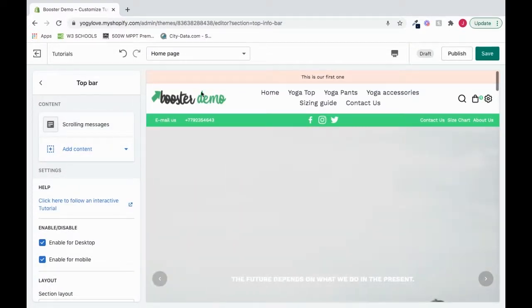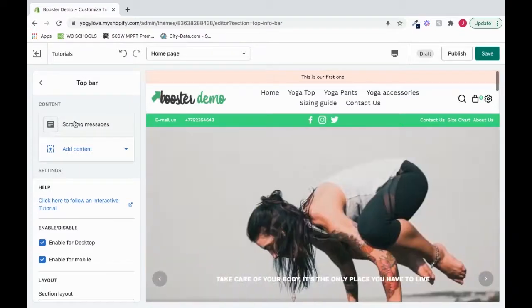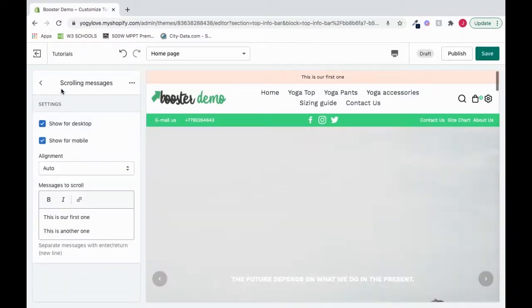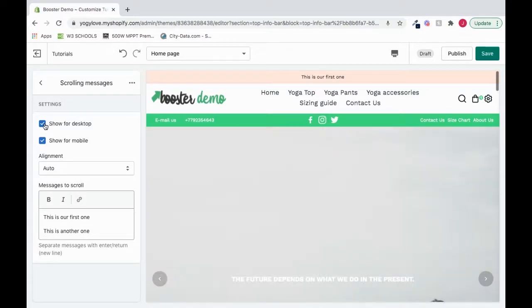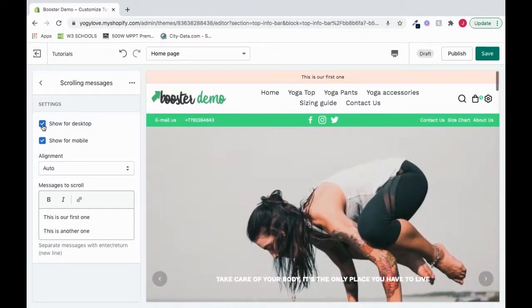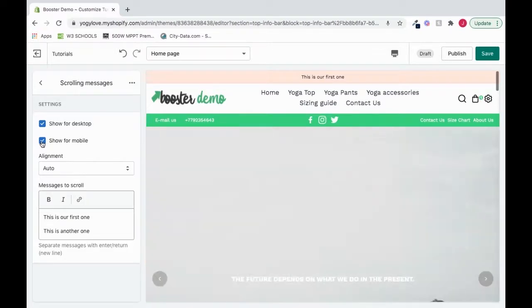So we have our scrolling messages, and since it's already here in our content area, we'll start with that. And now inside of my scrolling messages, I see that I have this option to show for desktop or show for mobile. So even if this is enabled, we can come in here and still control if we want it to be shown on desktop or mobile, right? If it's checked, that means yes, it's going to show for desktop, or yes, it's going to show for mobile. But if we, for example, click it and deselect it,